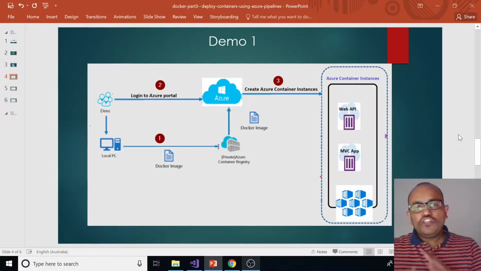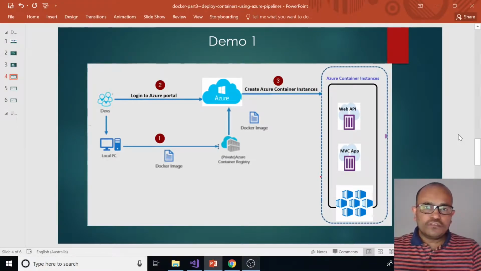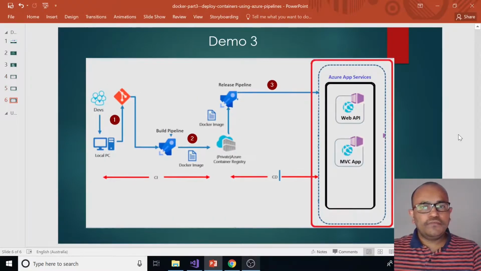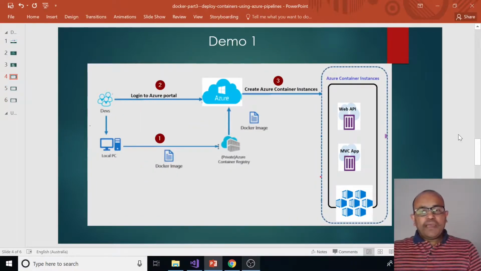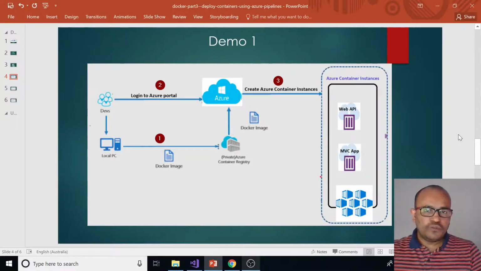So now I am going to cover 3 scenarios. The first scenario is the demo one. This is another scenario, and this is another scenario. For CI/CD pipelines, it will change based on the project requirement. That's why I have three scenarios. I took these 3 scenarios to cover as much as possible.